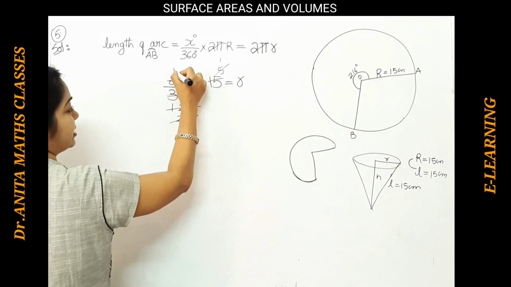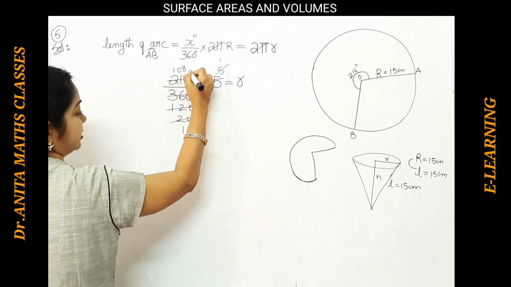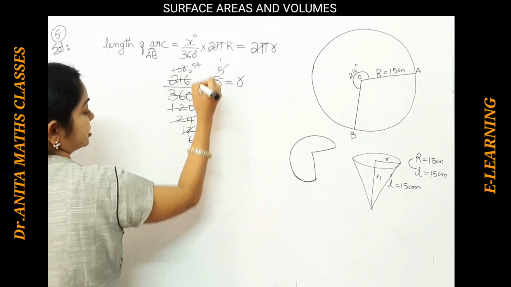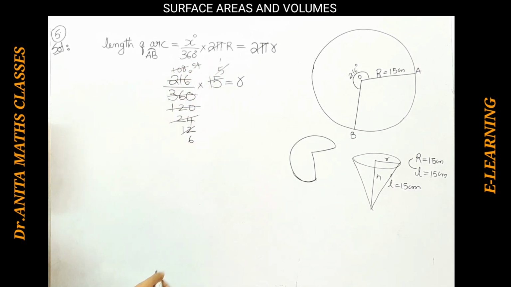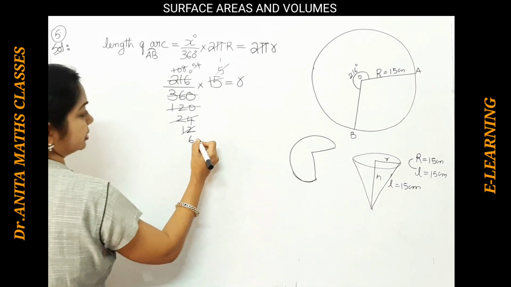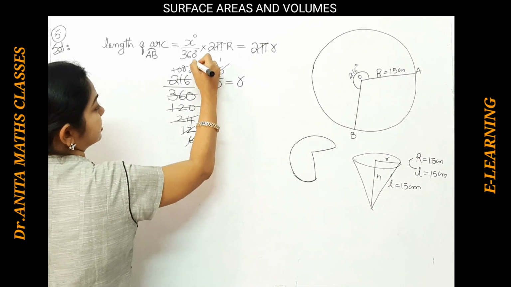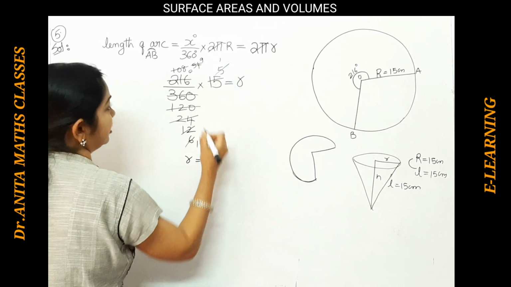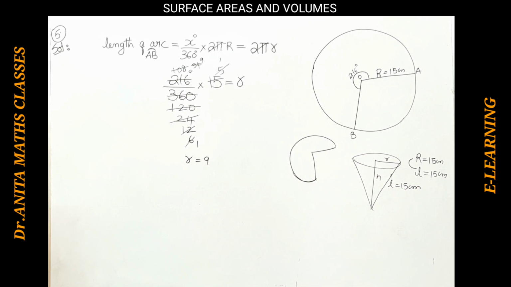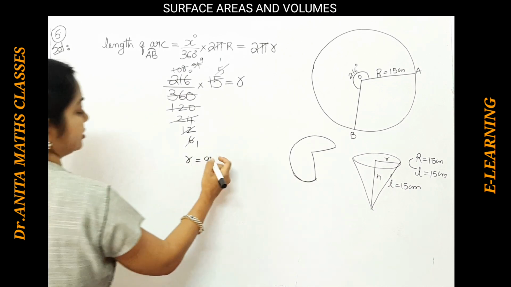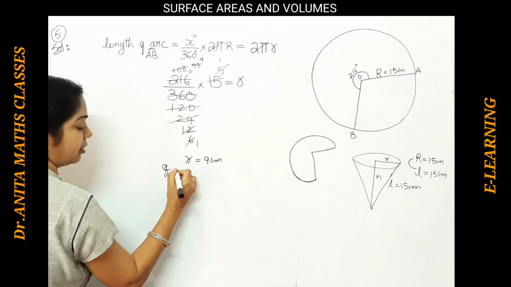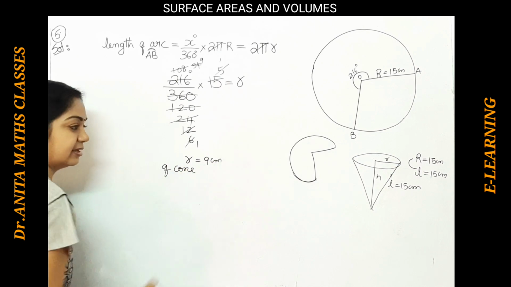2 12s, 2 ones, 0, 2 8s, right? Here again 2 sixes, 2 fives and 4s, okay. Here likewise you can cancel it off. Here 6 ones are 6, 6 9s are 54. So the r value is 9. Now here we see the measurements are given in centimeters, isn't it? Yes, the measurements are given in centimeters. So the radius of the cone is 9 centimeters.